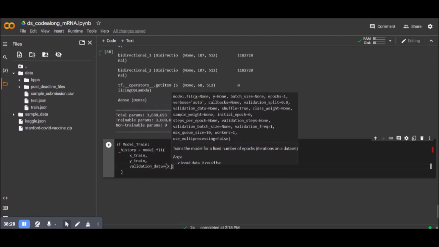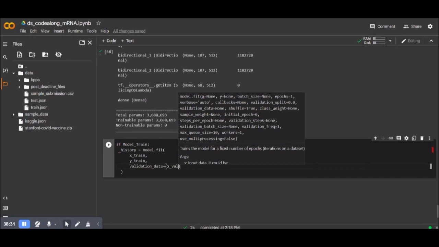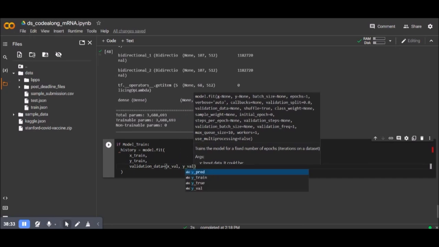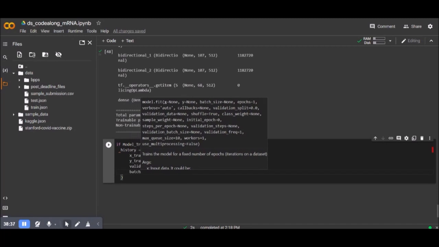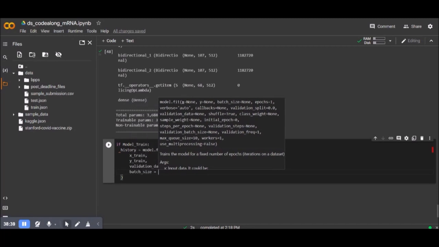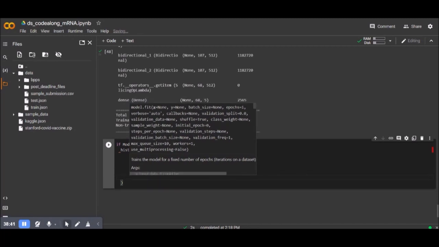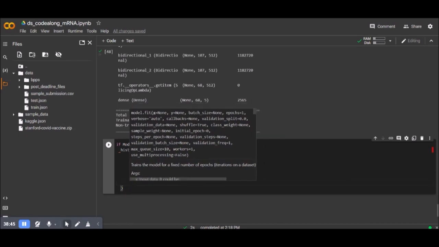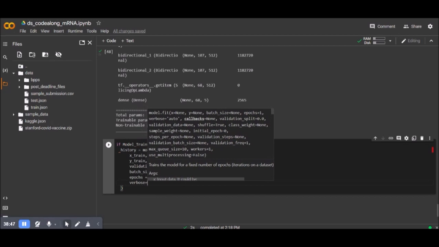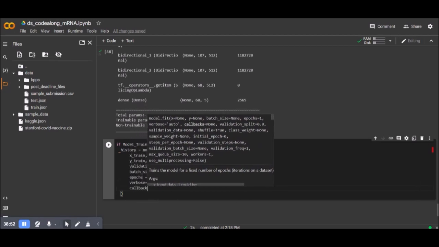That is our X val and our Y val. Batch size equals 64. The epochs equals 40. Experiment with that as well. Verbose is 2, so we get some information out of it. And the callbacks,